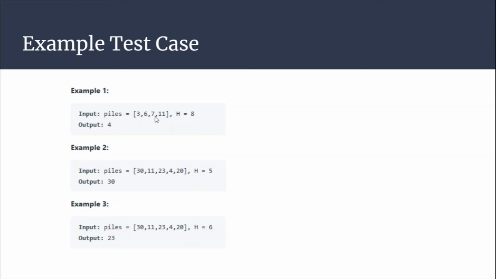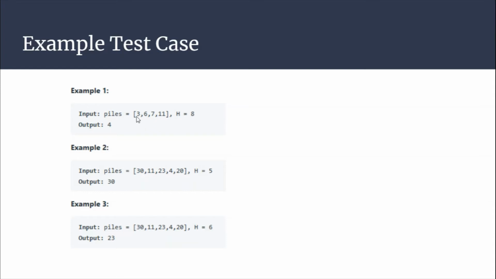So basically the total time taken would be the size of the pile divided by speed, and you have to take the ceil of it. And I am assuming that you already know ceil and floor. So 7 by 6 would be 1 point something, and if you take the ceil of it, it would be converted to 2. So if speed is 6, it would take 1 hour, 1 hour, 2 hours and 2 hours. So in total it would require 6 hours